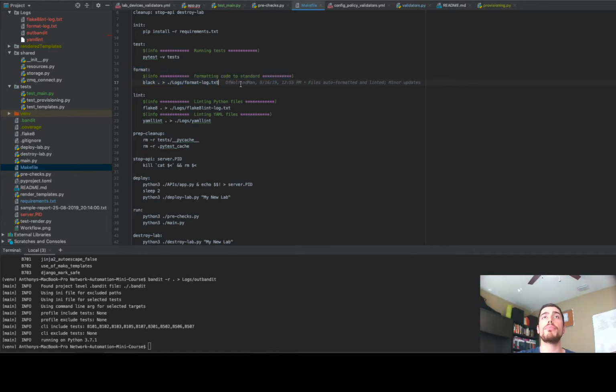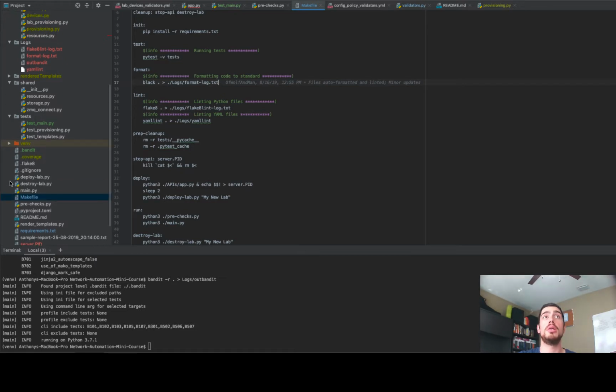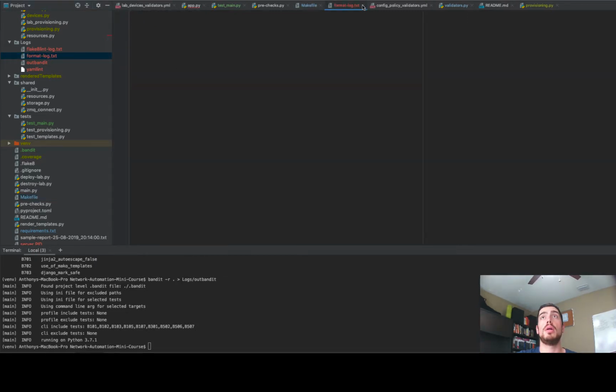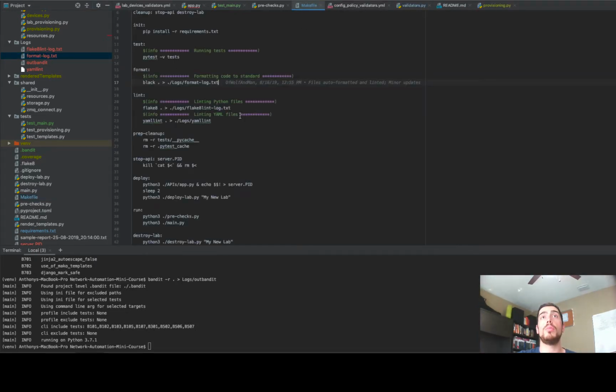Okay? And ultimately, after this does its magic, I have a log file, and it will send what the updates were to that log file. Now, if you want to see what this does,